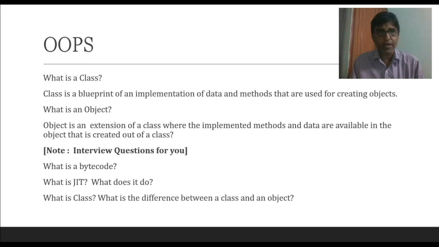Before I go into the next slide, let me tell you the difference between a class and an object. A class is a blueprint of an implementation which helps you create an object, defined once for you to create many instances in future. Whereas an object is an extension of the class, where you instantiate from the class by using the keyword new. So I define a class at one point in time, and out of the class I define multiple objects